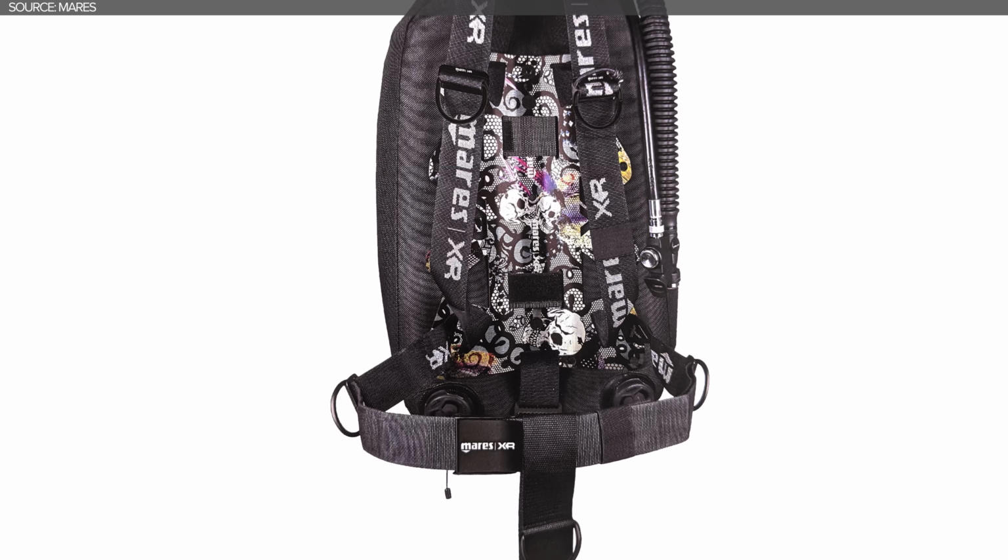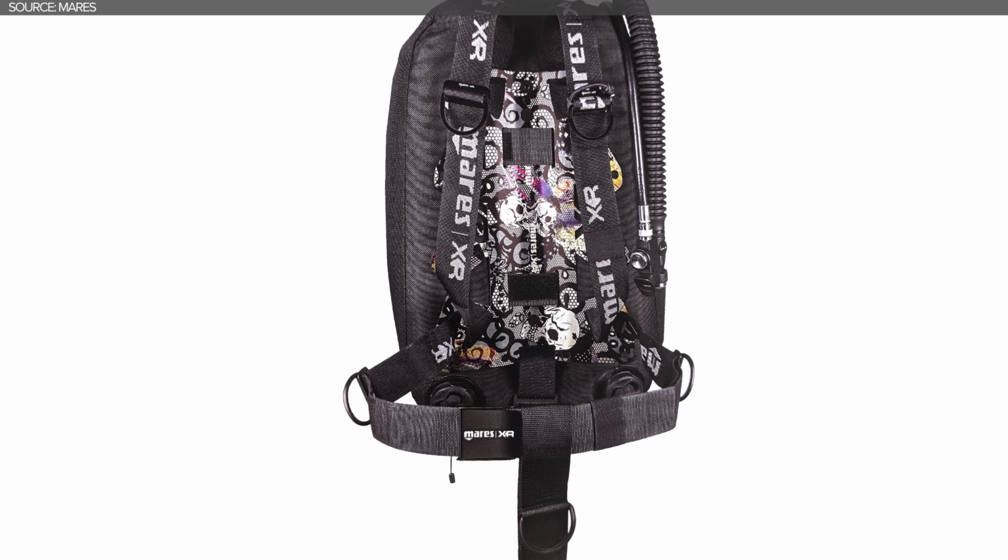Another one that jumped out for me is Mares, and that's their Psycho Calavera backplate. Traditionally, backplate systems are just bare metal or maybe anodized black, but for the past couple of years, Mares have been experimenting with bolder designs like their Red Devil, which was a limited edition and isn't available anymore, sorry about that. For 2019, they pushed it a little bit further with Blue Camo, which has done very well so far this year. So next year, they're releasing this, which definitely pushes my impulse buy buttons,